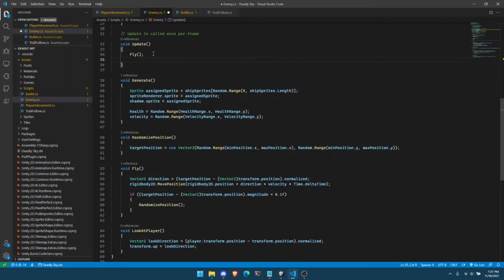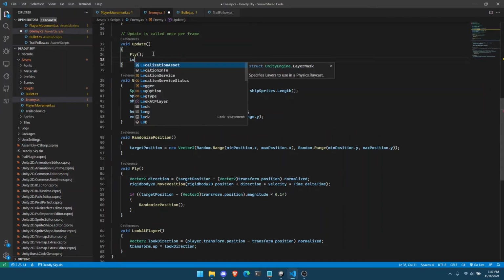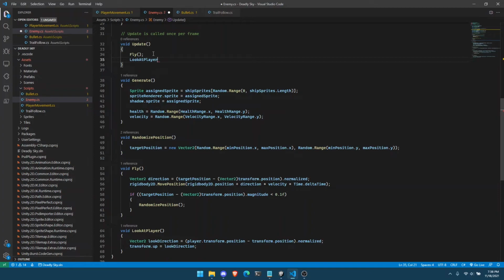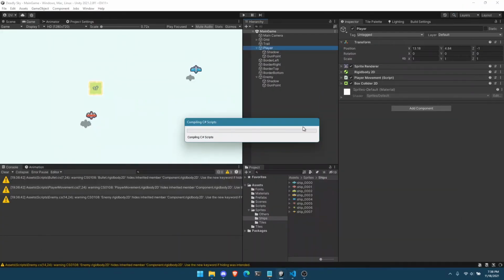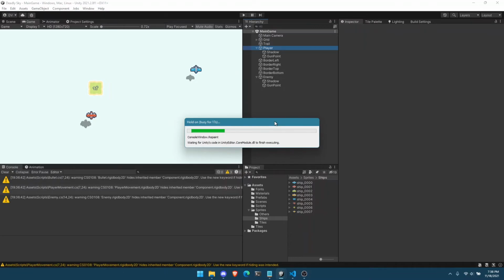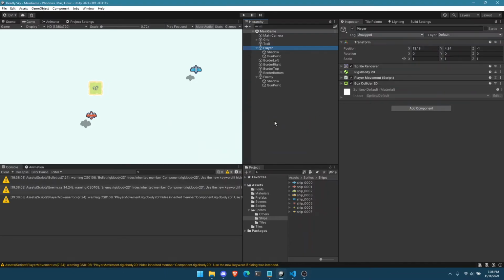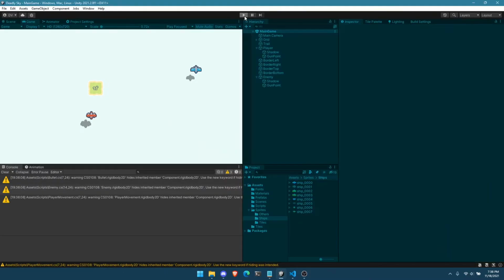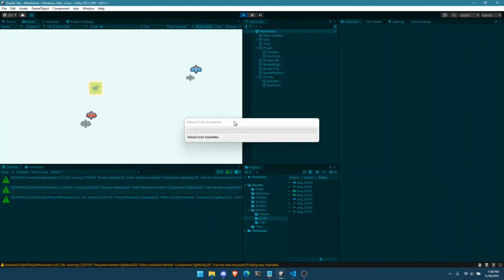So we also want to call this in the update. So LookAtPlayer, boom. And we go back into Unity. And we should see that when we play the game, the enemy will now always aim at the player. So when we run the game,